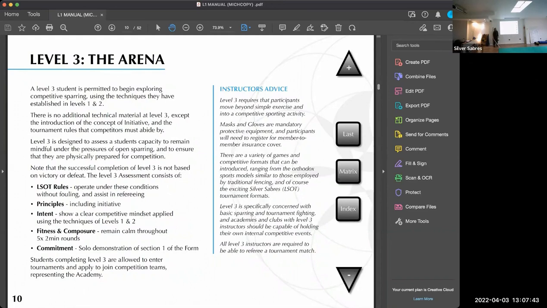The other thing is, if you've got a student who has absolutely zero interest in ever doing anything for this, and they want to move on to level 4 stuff, and they are willing to learn how fighting works and so on, do you really need to drill in the LSOT rules? Because if they do free sparring and demonstrate it's fairly safe, then they're fine. There's no difference between LSOT rules and free sparring. They're very simple. The counting of the points, the hit points and the hit locations is a referee's problem. From the fighter's perspective, if you're fighting under the LSOT rules with arcs of cut and the rest of it,